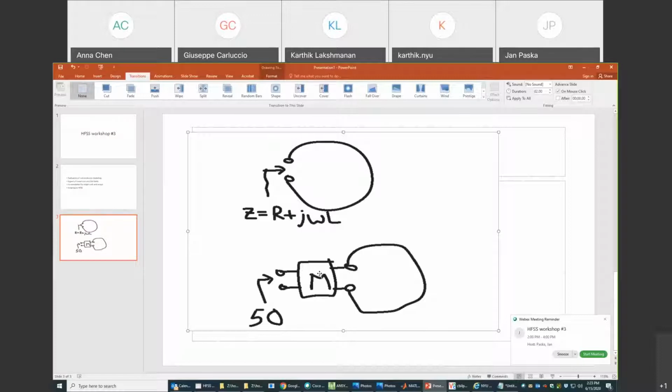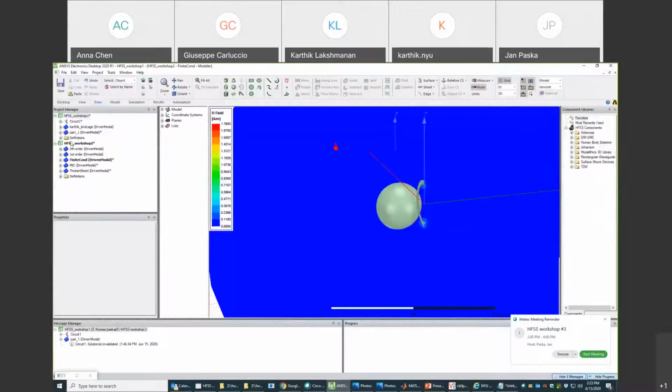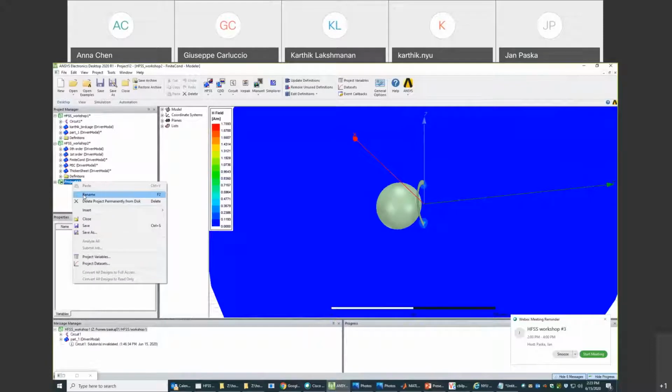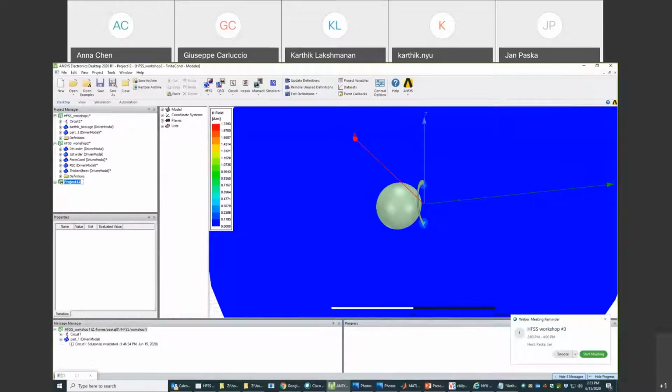So now let's try this matching in the post-processing step. Up to now we only discussed the results from the previous workshop. Let's create a new